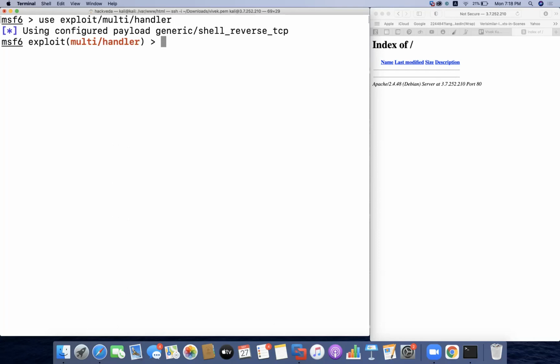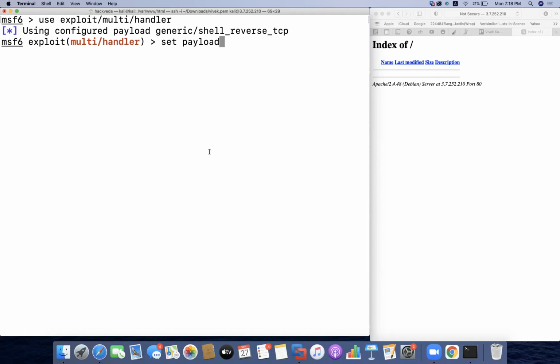There are two ways we can do this. Currently I am starting a listener. These are the steps for writing the listener. In the listener, I'm going to set a payload. This is going to be the part of the server side, which is going to listen for the reverse connection. As I told you, at first we start a server and then we create a payload, and that payload is connected by the victim machine to the server machine. So initially I'm going to run a server.